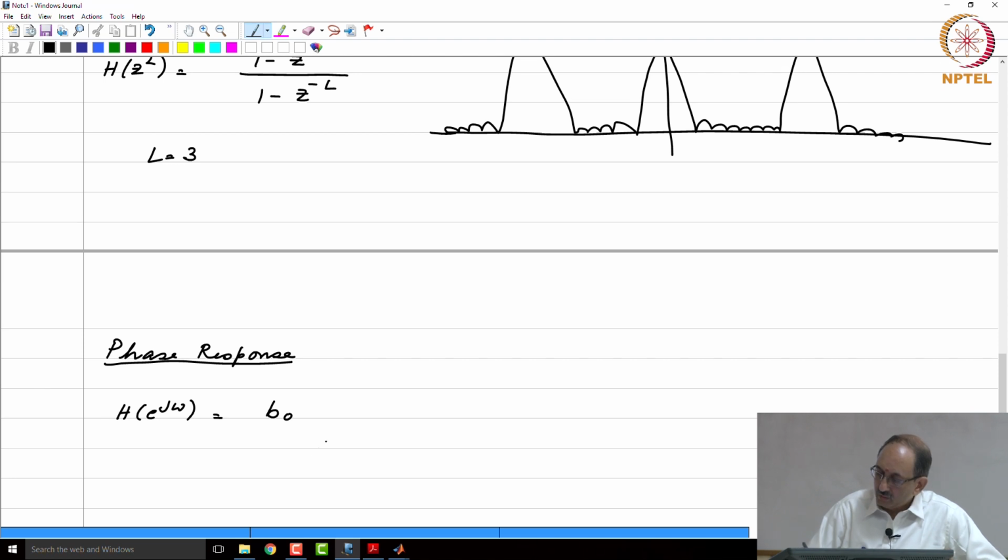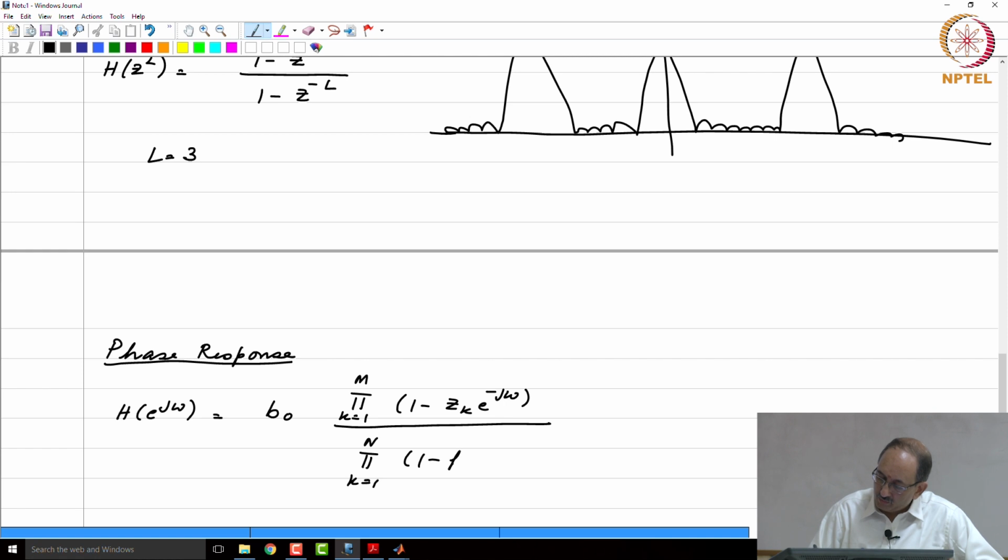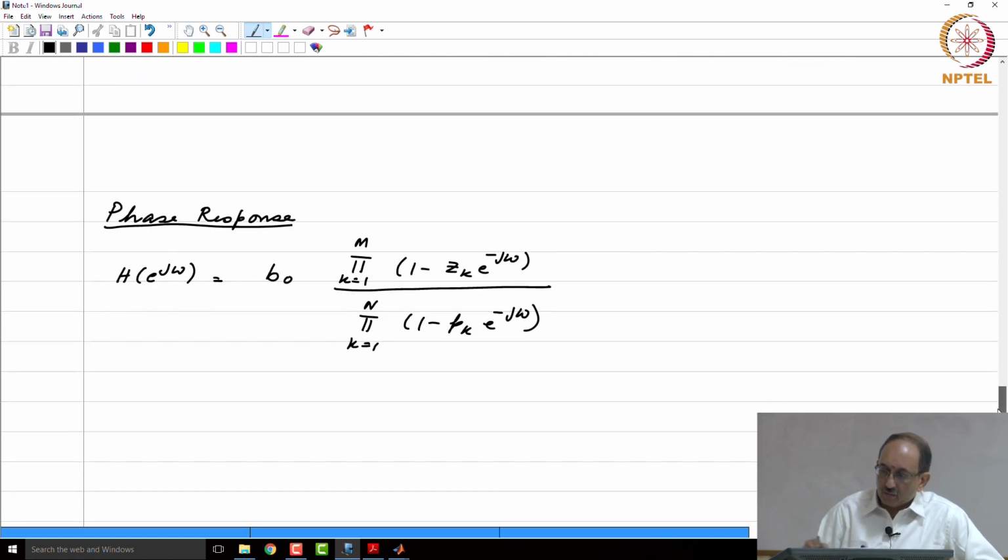So, this is b naught times product k going from 1 to cap M of 1 minus z k e to the minus j omega, divided by product k going from 1 to cap N of 1 minus p k e to the minus j omega. So, this is the form of the frequency response for a rational transfer function, where we have factored the numerator and the denominator, and now we are looking at the angle,